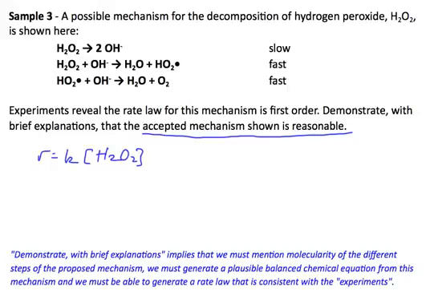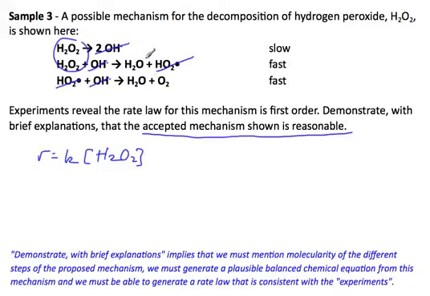In terms of generating a plausible balanced chemical equation, well, we know it's a decomposition, so what we have to do is look for intermediates. So here's H2O2. Well, it's on both sides as reactants in these two steps, so that's not going anywhere. Here we have hydroxide. We have 2 moles of OH generated. Well, there's 1, 2 used up. So hydroxide is an intermediate. What else do we have? Water. Well, it's there. We have this HO2 radical as a product, as a reactant in step 3. So that's a reaction intermediate. And so that leaves